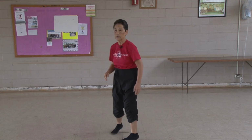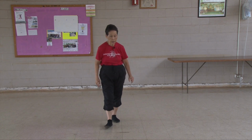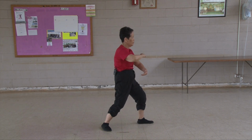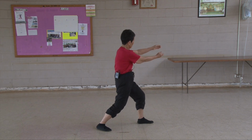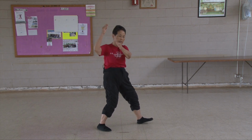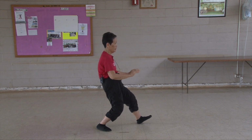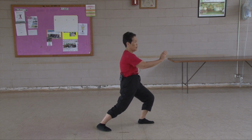All right, this time now we're going to incorporate grasping of the bird's tail. So how do we do that? When we grasp the bird's tail, we come out on an L and we ward off. And we grasp the bird's tail. So noticing the differences, the tiny differences that make a big part in our modification. Watch also, when we come down and we roll back, we go slant and we go forward, showing our fingertips